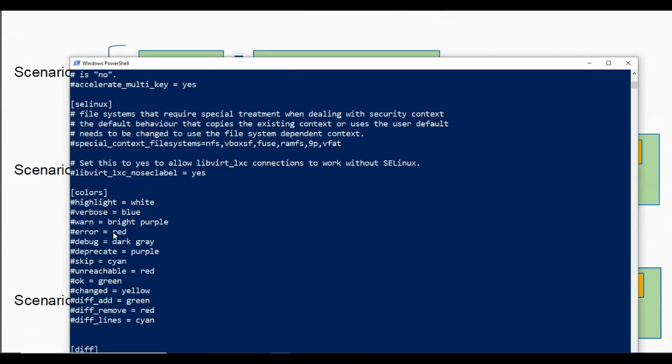If there's an error, it will always be marked with red color. If it is okay or a successful implementation, it will be displayed in green color and so on. So there are a lot of different flags that are set, with related color details and description for the particular status of the flags. So for now, let's get out of this.